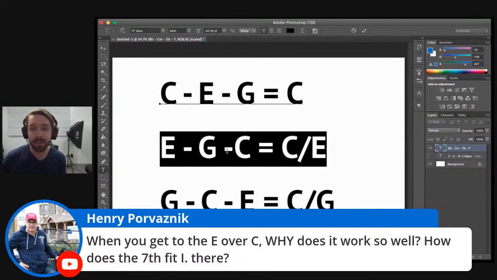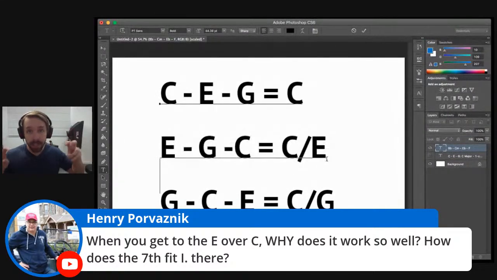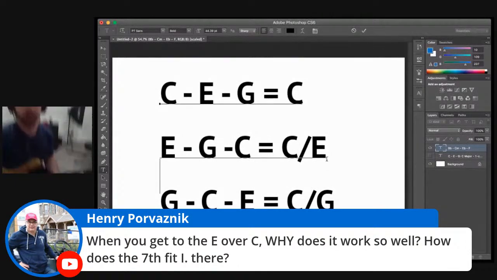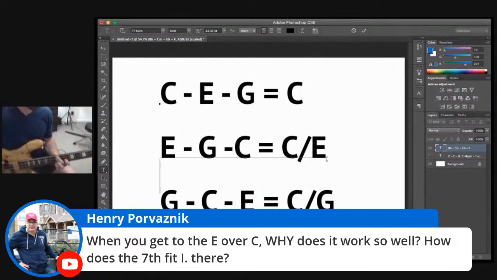Part of the reason it sounds so good is something called voice leading. Voice leading is kind of like how the ear wants things to resolve. In this chord here, we've got a bunch of notes that sound really good when they move around. We've got an E, C, and G. This G really wants to resolve up to here, and this E wants to resolve up to here. And this C can stay the same. I'm going to play it down there, but it's the same note.